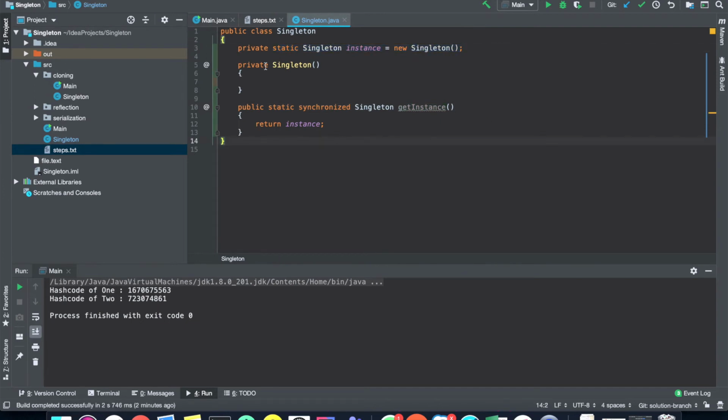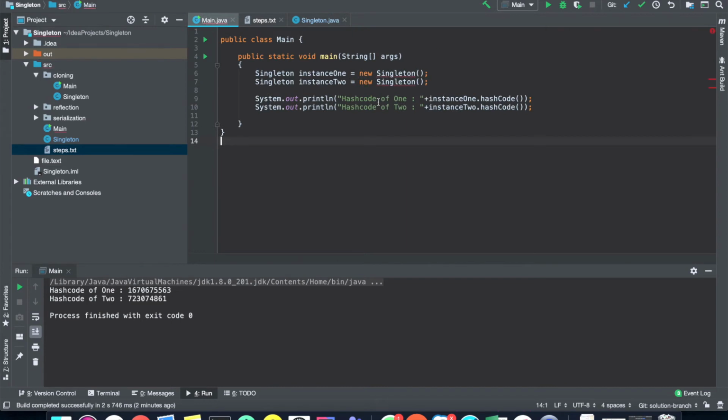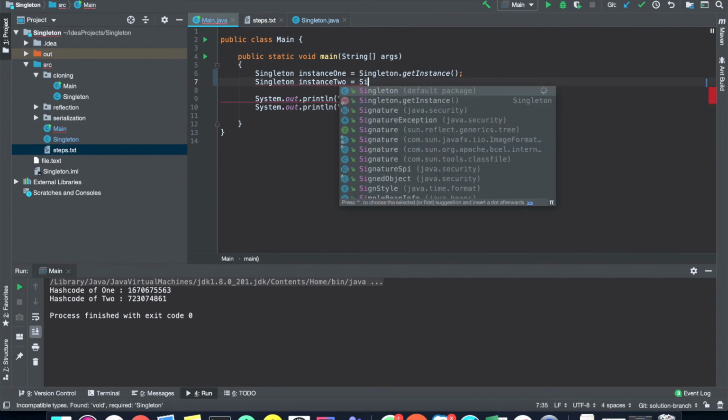In the main class there will be errors, as the constructor is private, so you cannot create an object using the new keyword. Singleton has private access in Singleton, so we will remove this statement and replace it like this, here also.